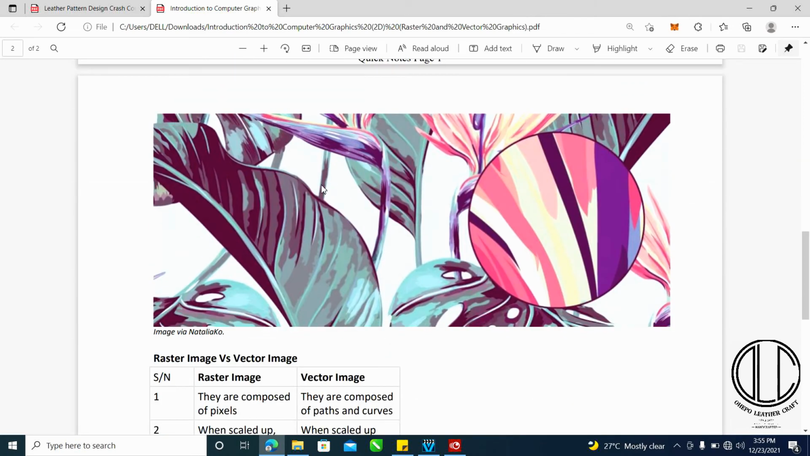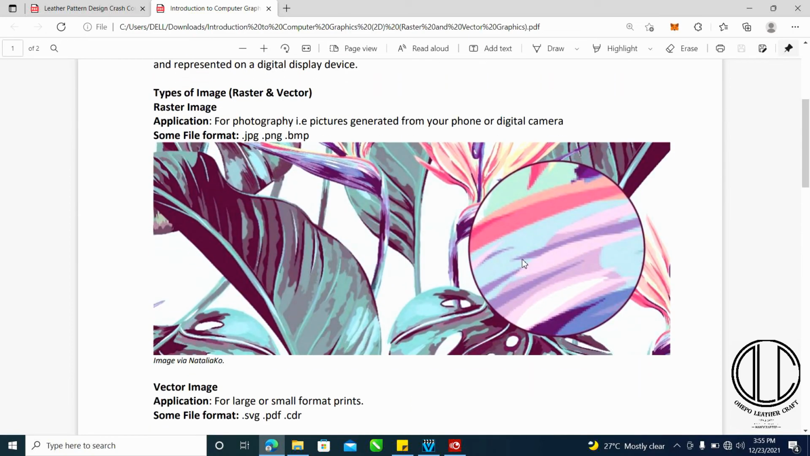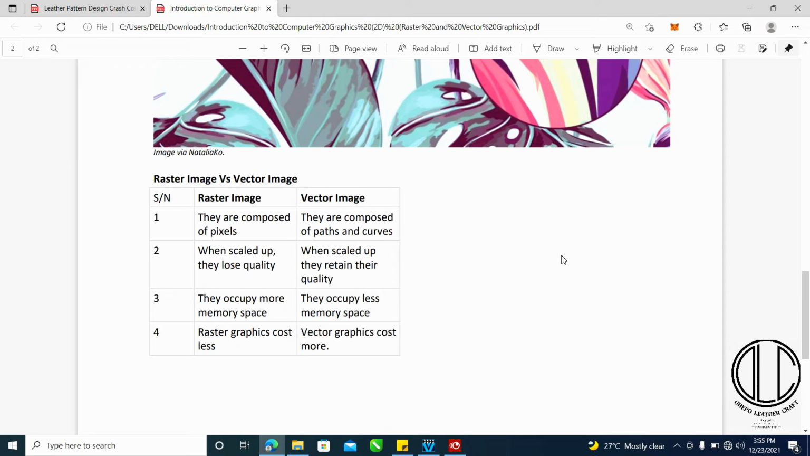So below here is also a good example of it, so you can see the difference. Pay attention to this circle. You can see, if you look at the circle, it's so smooth. Even if you zoom in, the image still remains smooth compared to when it is this. You can see how it's pixelated here. Okay, and to wrap up,